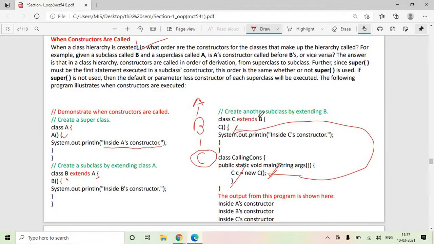So this is getting inherited from class B. So before executing this line, from this line it will give a call to B's constructor. At this line it will check, am I the supermost class, or am I getting inherited from some other class? Yes, I am getting inherited from class A.